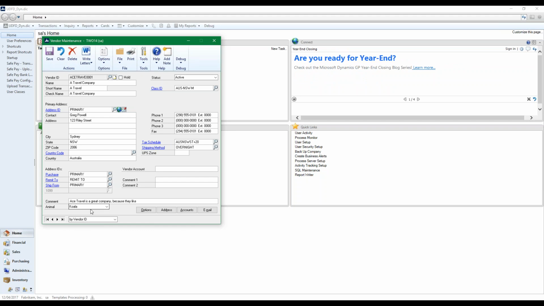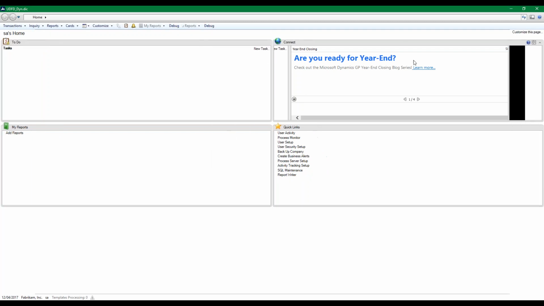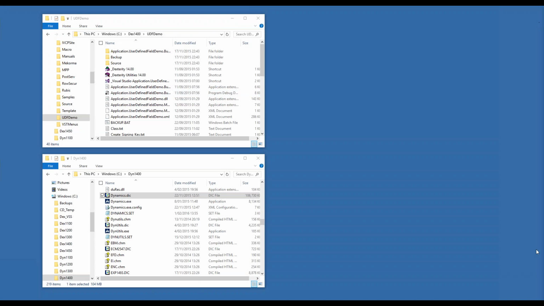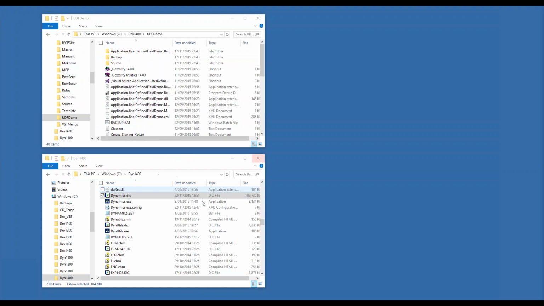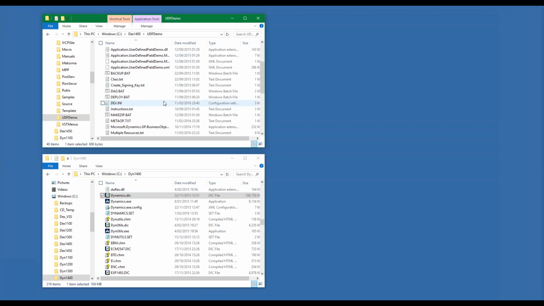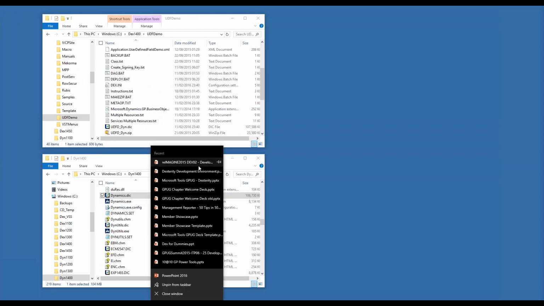So now we need to deploy that. So the next stage is we can actually exit out of test mode. And in fact, we can exit out of Dexterity entirely. And we're going to run the macro. So what this macro is going to do, if you remember on the slide deck,